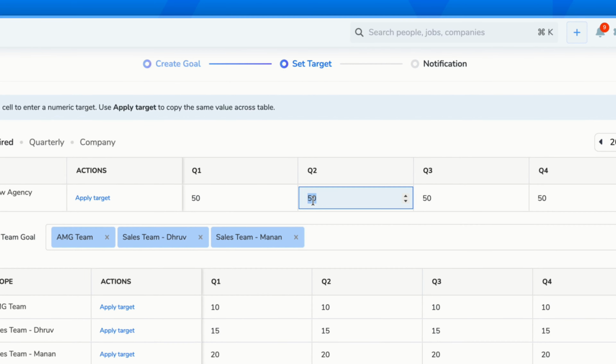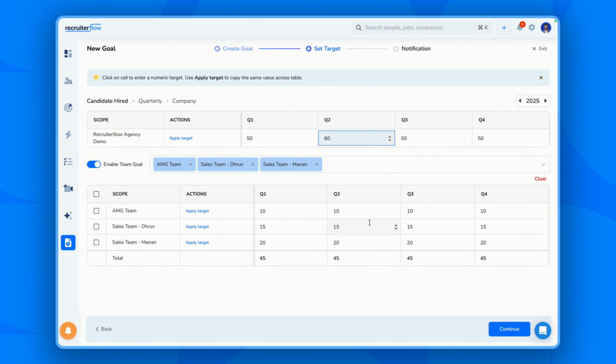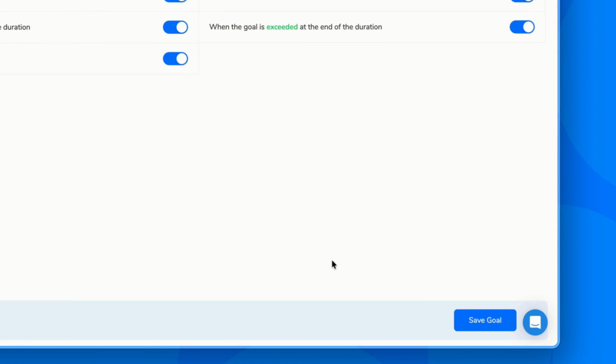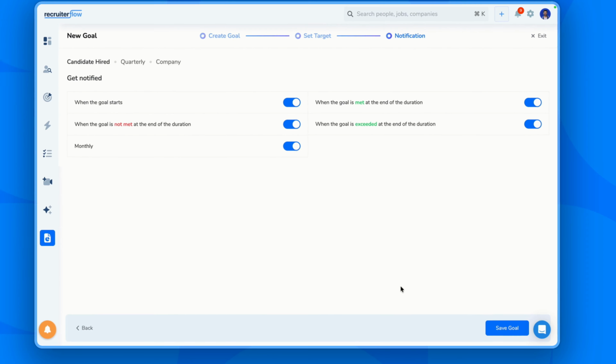Let's say I wanted 60 for Q2. I can do that. You can define this for any row or any cell in this particular table. Once you're happy with what you're seeing, the goals are set, the teams are aligned with all the goals, just click on continue. And then we move on to the third step and the final step, which is about